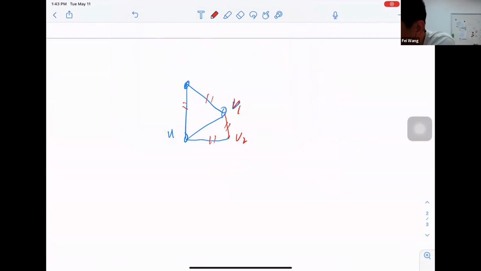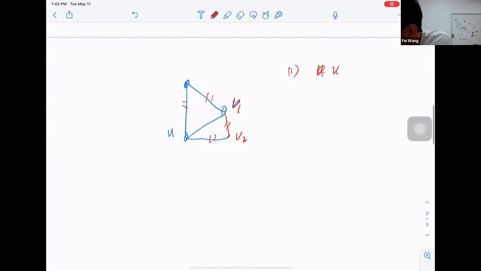And then I continue. So there are three cases. After marking this one as red, there's no even cycle edge, right? So you can see that there's only one cycle, which is a 3 cycle. So there are three cases. Case 1, if this odd cycle C contains UV, and